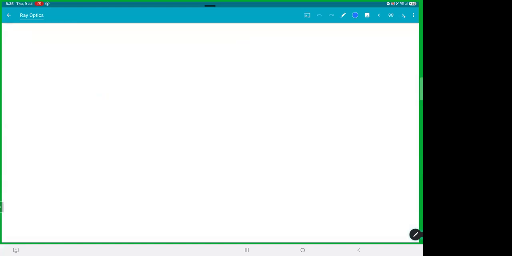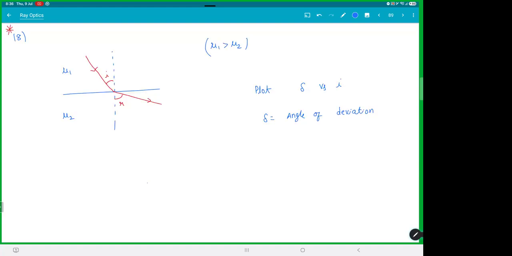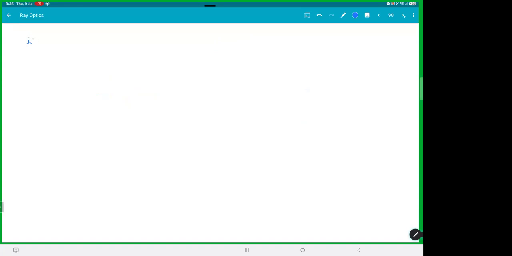If there are two cases, you have to be careful here. This is something I keep telling you: when you draw the graphs, you should know how to eliminate options rather than actually drawing the graphs. Now you will realize there are actually two scenarios here. If I is less than theta critical,